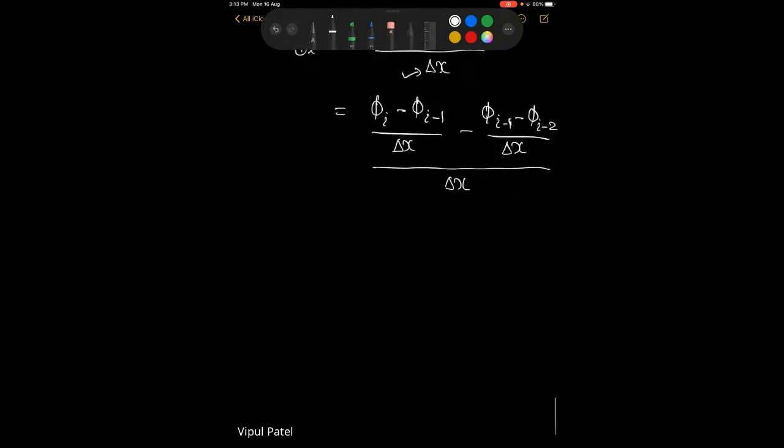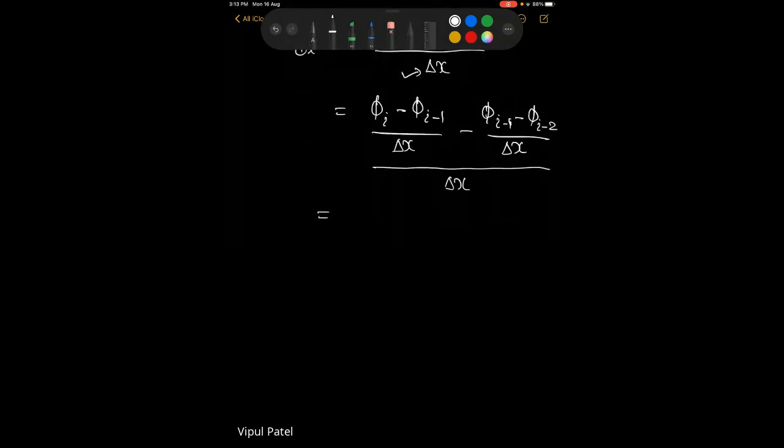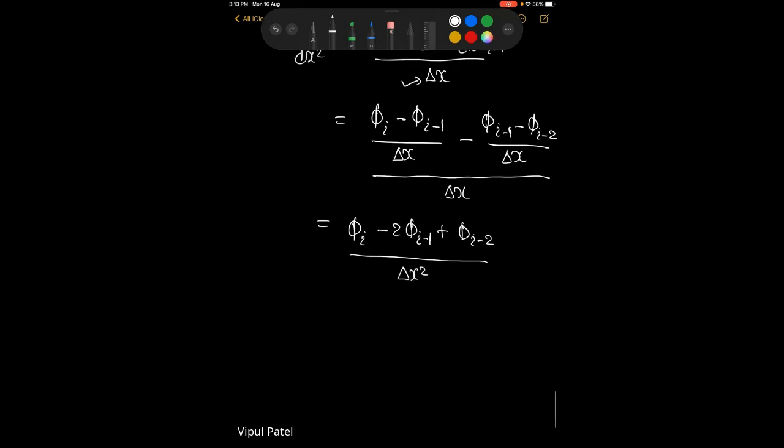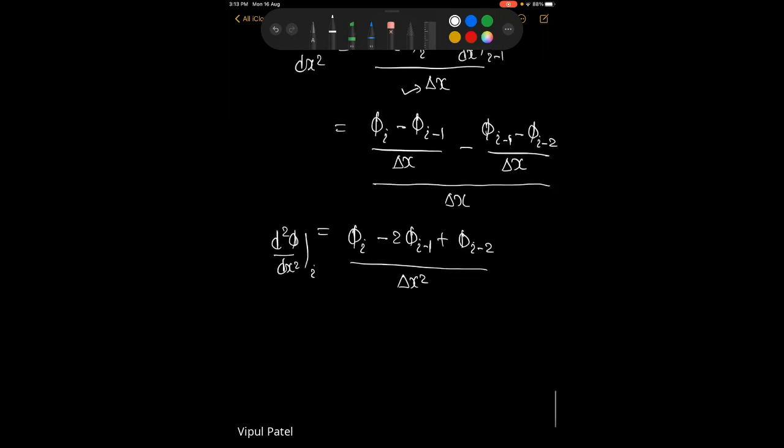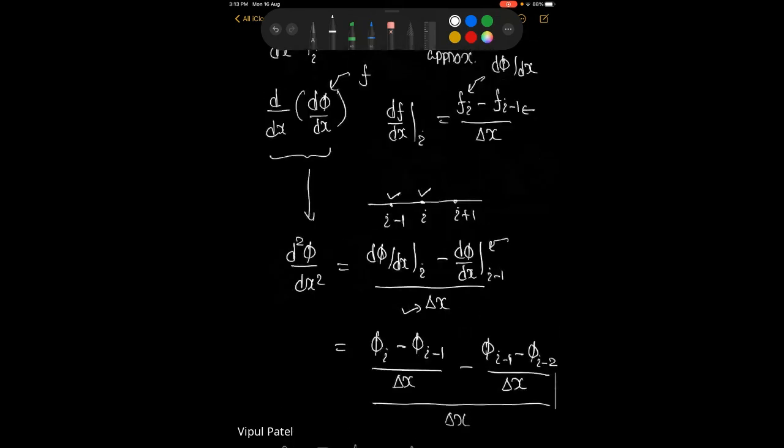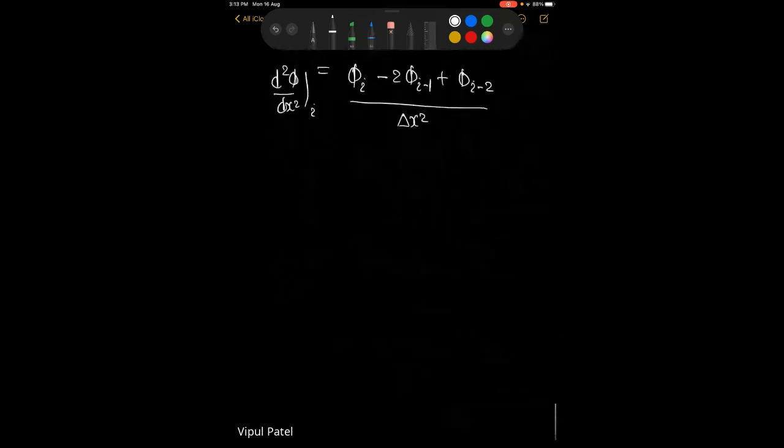Okay, so if I rewrite all these things, then my final formulation will be phi I minus 2 times phi I minus 1 plus phi I minus 2, divided by delta x square. And this is an expression for d square phi by dx square for any node I. So if I see it in a picture, then in order to derive